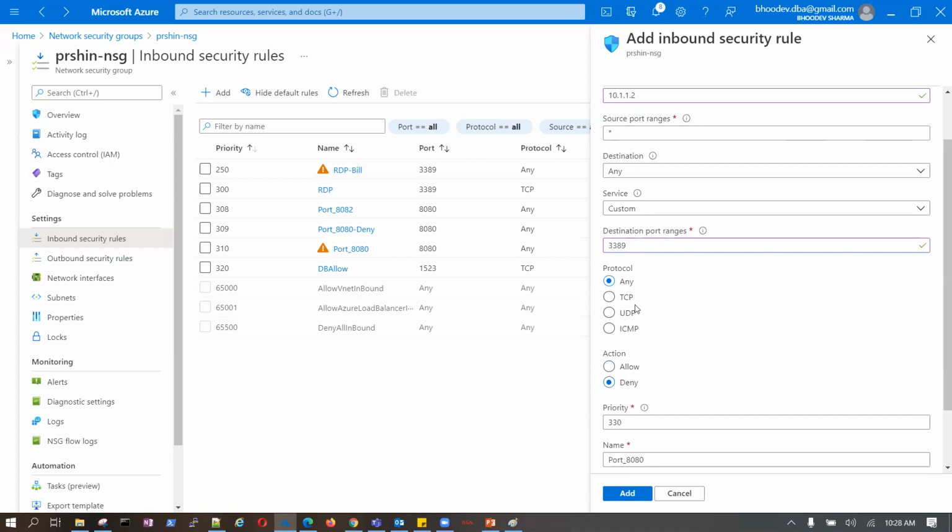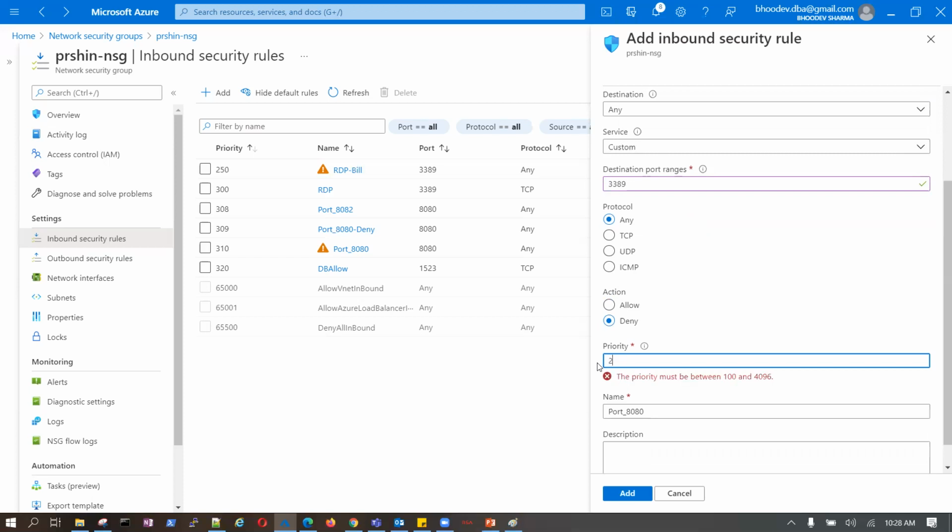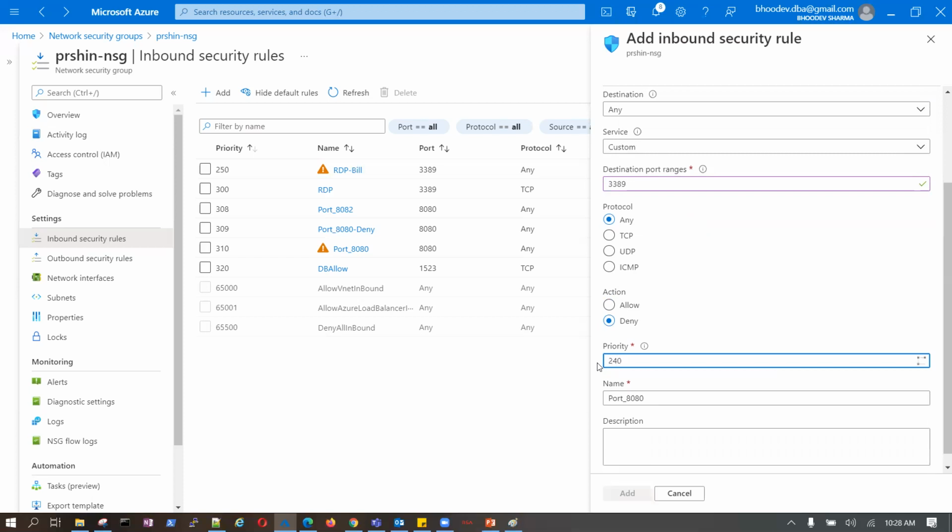Now, what priority will you give here? Less than 250, always.